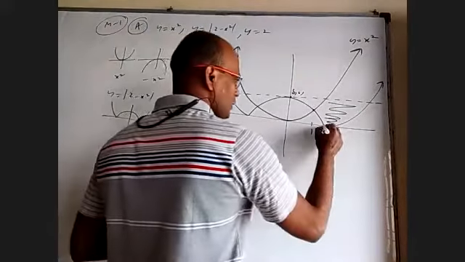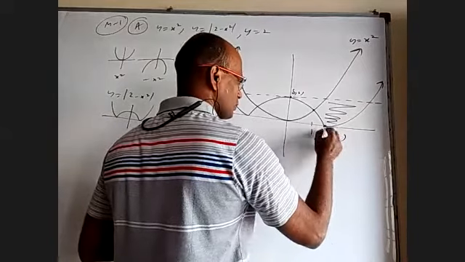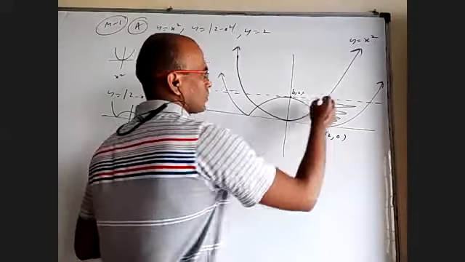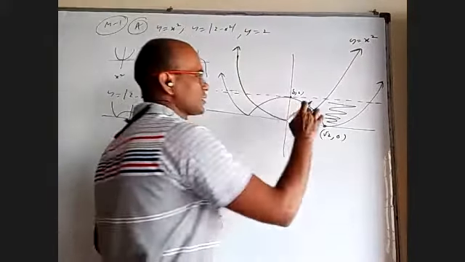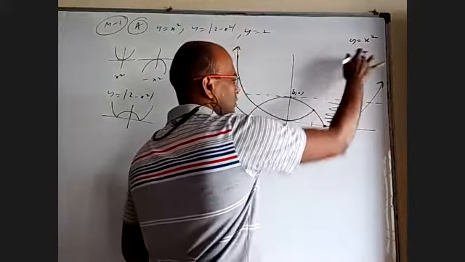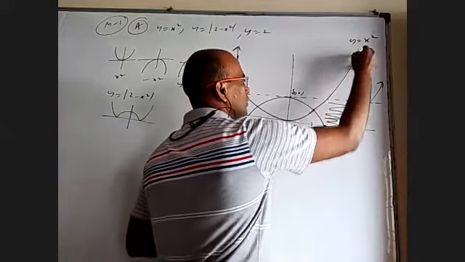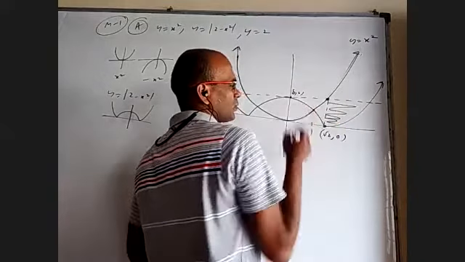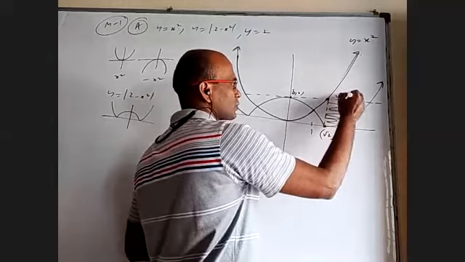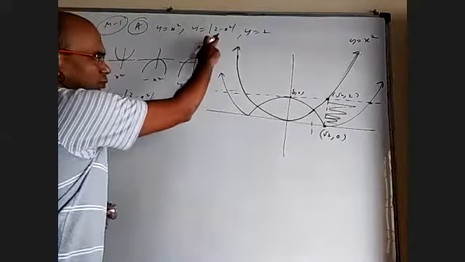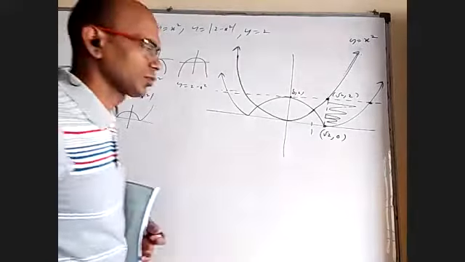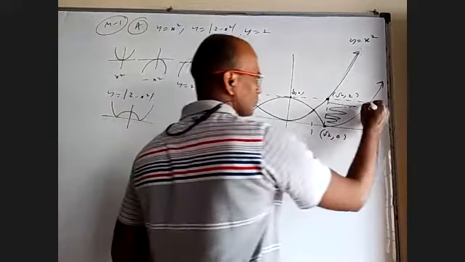What is this point? Root 2 comma 0. What is this point? Root 2, it's straight above that, so it is easier to manage. If it is not straight above, it is a problem. But this and this are straight above, so it is easy. This is root 2 comma 2. This is when this becomes 2: x square equal to 4, x equal to 2.